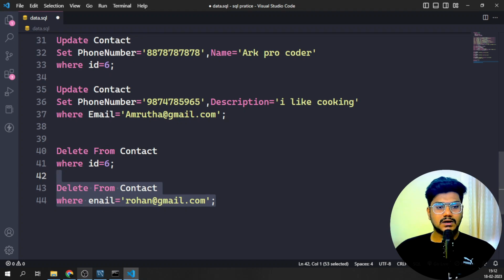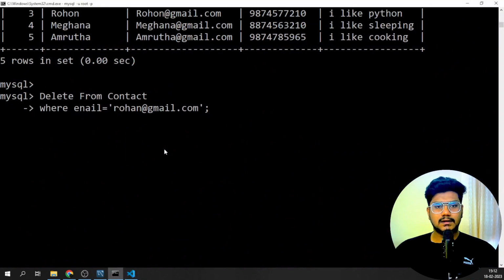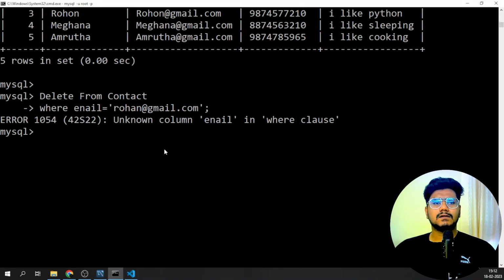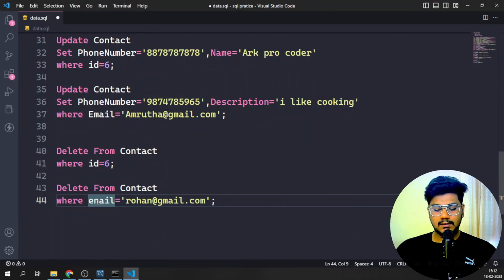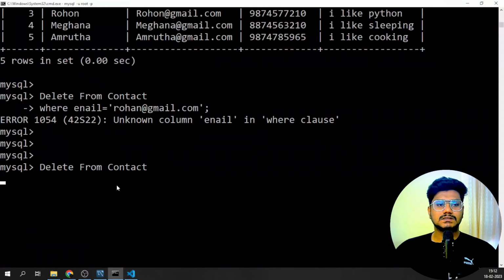Is there any name with Rohan? If it is not there, what is it going to give me? Okay, see, I'm getting an error. What is that? I made a spelling mistake. It is email, not the misspelling I typed. So if I copy this command and right click and enter it,